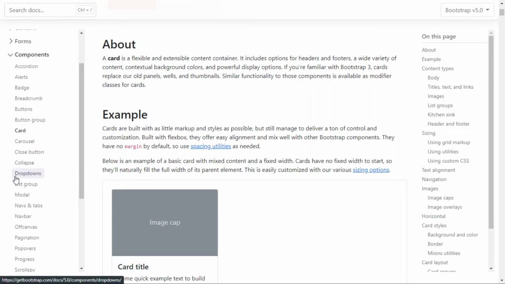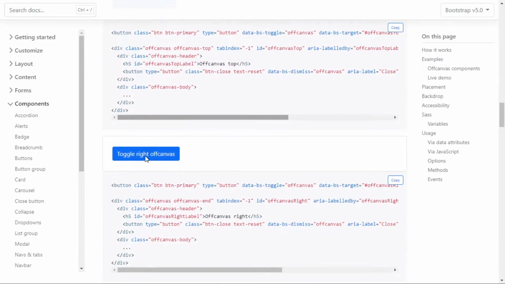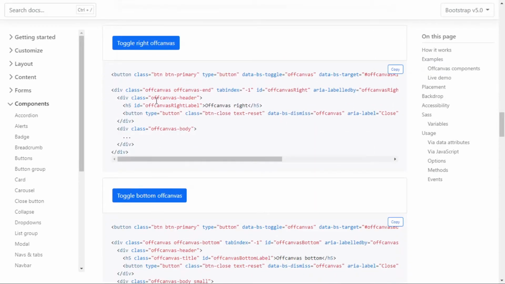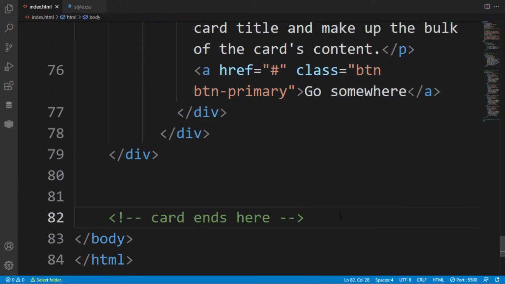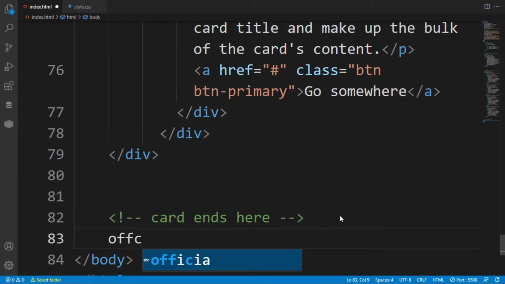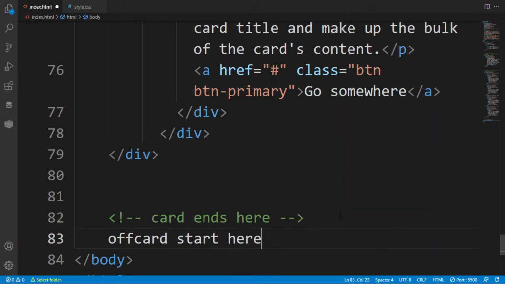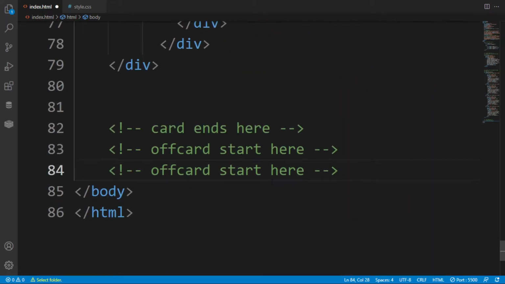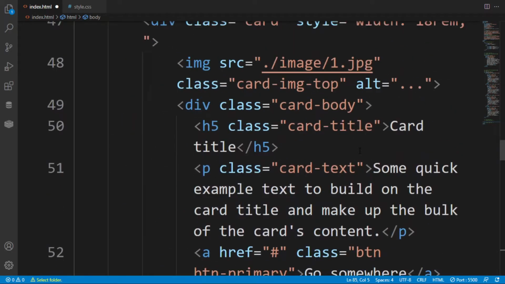Here after that I want to create a carousel, or you can put the off cards, off canvas. As you can see, all the CSS and JS has been provided. We want to create this right option, so we have to copy this here in the index.html. After that we are going to create the off canvas, or you can put the links of your web page, or the important things of your web page here, so it looks pretty nice, like a modern web page.